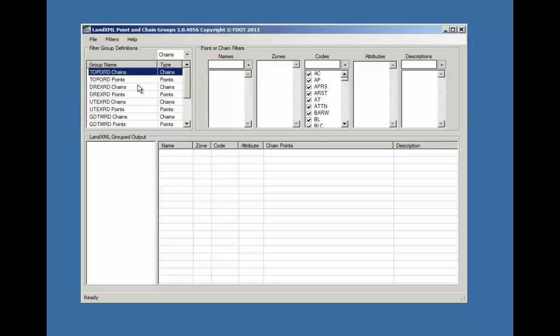Basically, a configuration file, which we'll look at a little bit later, has this information in it, and we can supplement and add to that configuration file. We can remove these out of that configuration file or create any combination of configurations that we want on our own. The first step is to go ahead and load up the LandXML file, and that's done by File, Open,